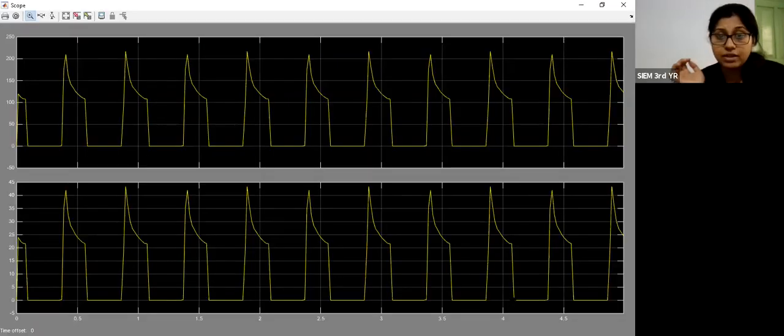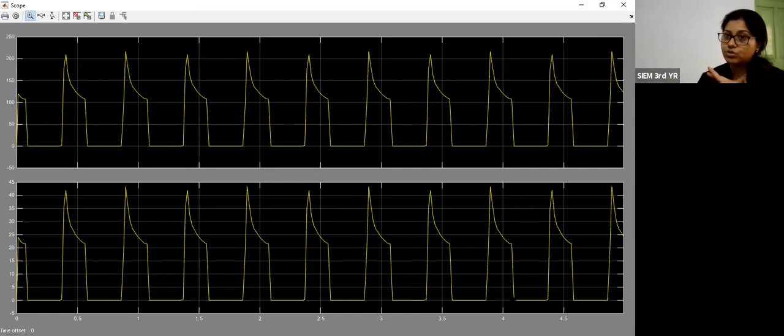So I think you can now see the output voltage and the current waveform. So this is the voltage and the current waveform across the resistive load which we are getting if we consider the firing angle is 30 degree for the first thyristor and the second sequence should be 210 degree. Then we can get across the load voltage, we are getting this kind of voltage and current waveform.